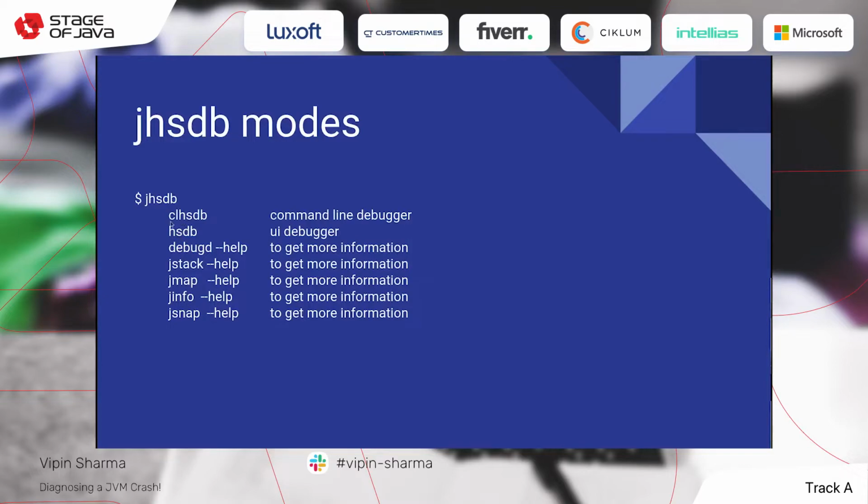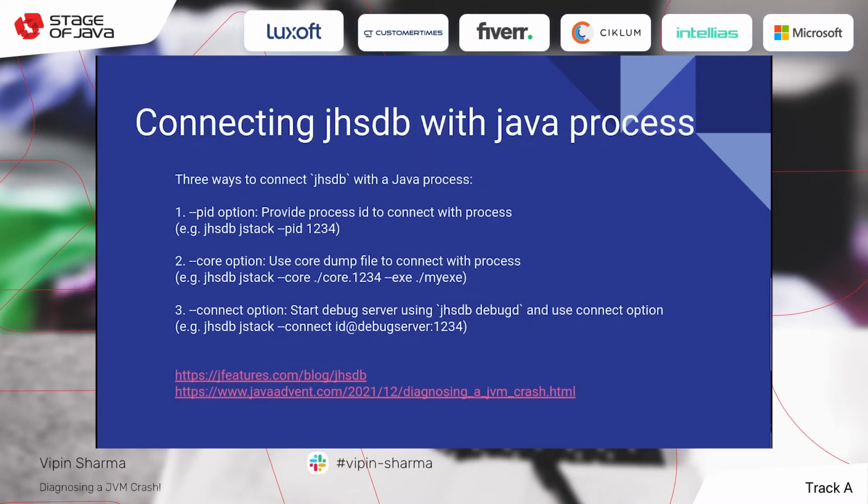So we have seen this command line debugger, the UI debugger we have seen, and in debugd mode we see how we can start a debug server, and to that debug server we can connect other processes: JHSDB jstack, JHSDB jmap. Similarly,